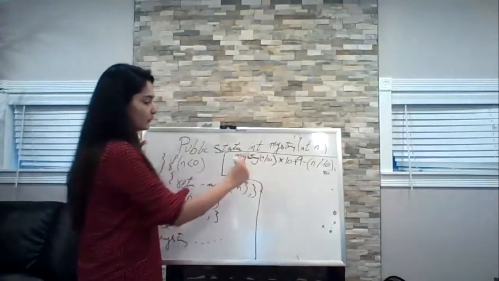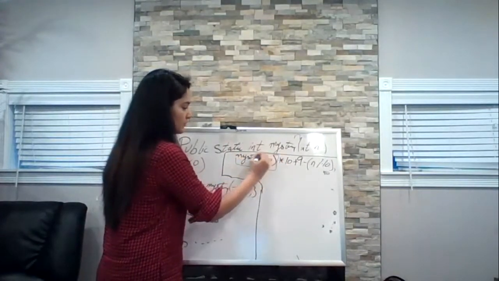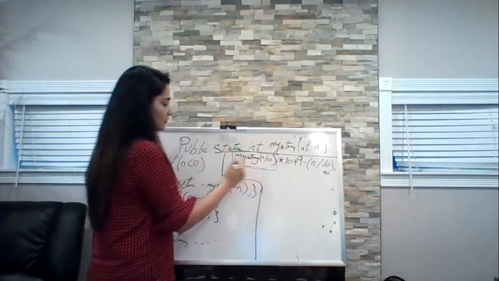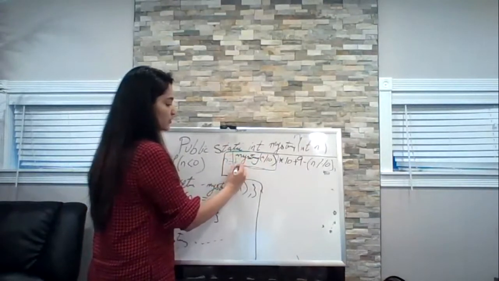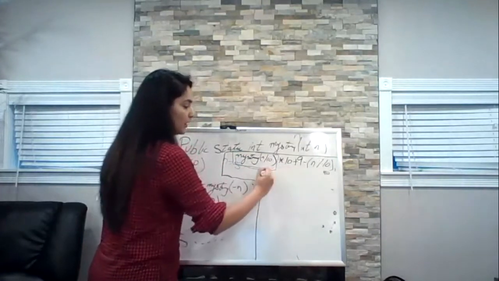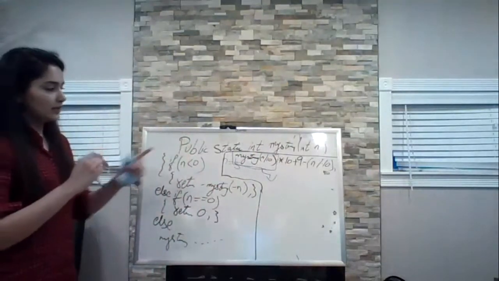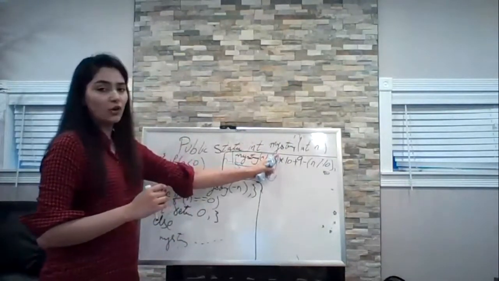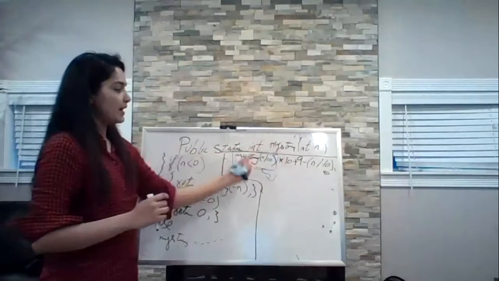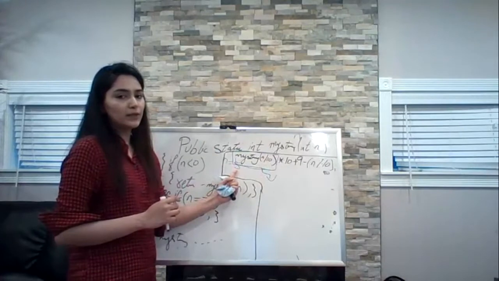Now, how to evaluate your mystery statement? As you can see, this is your mystery call. This mystery, I'm highlighting it with my blue marker. So mystery n divided by 10. You are here when your n was equal to 5. Now, as you receive a mystery call, you will not solve the rest of this part. What I tell my students is to drop the arrow down. This is a mystery call, meaning make a method call again. We will not solve this part first, because as you receive the call, the compiler goes back with a new n, and your new n is n divided by 10. So 5 divided by 10 will be